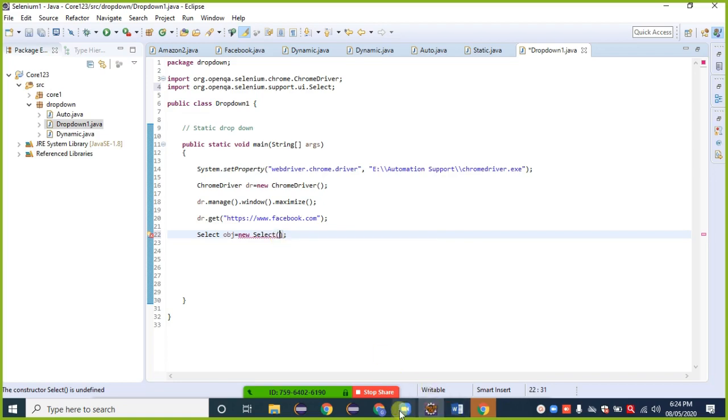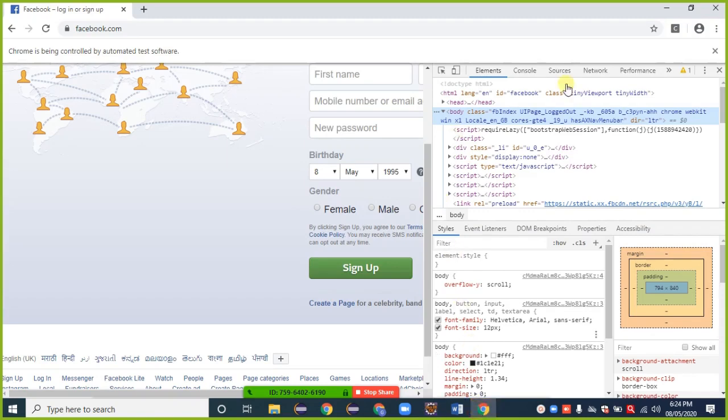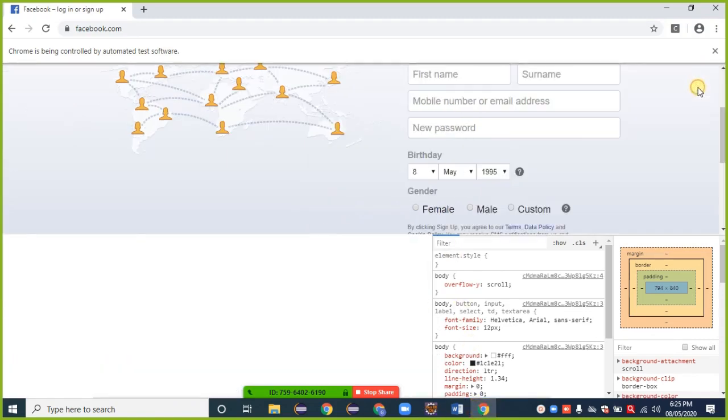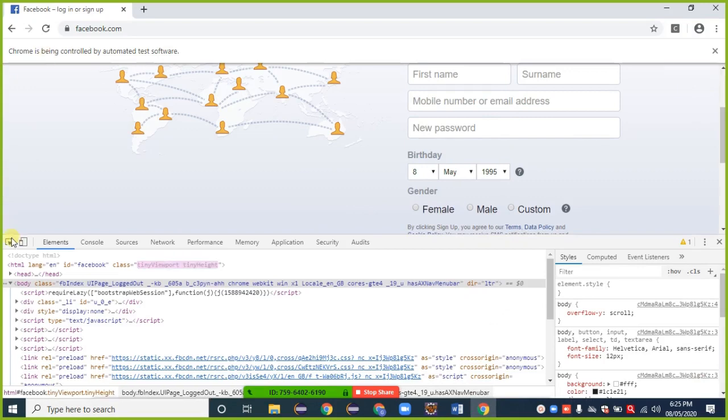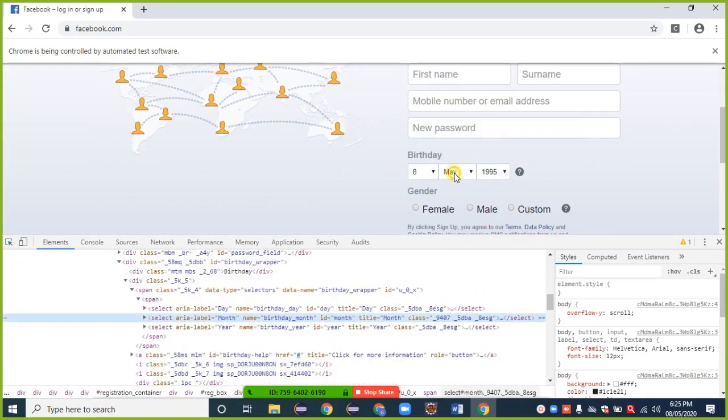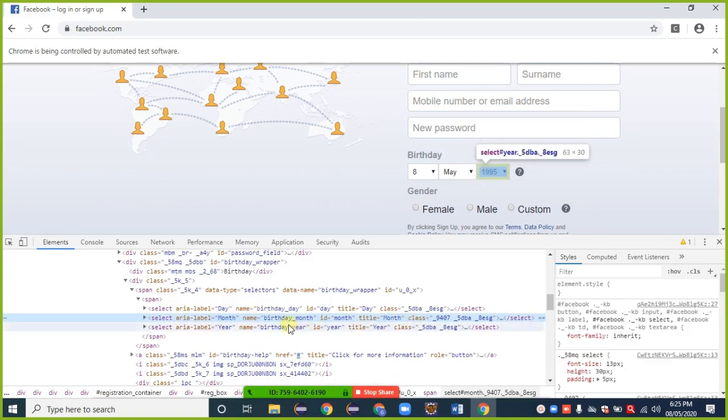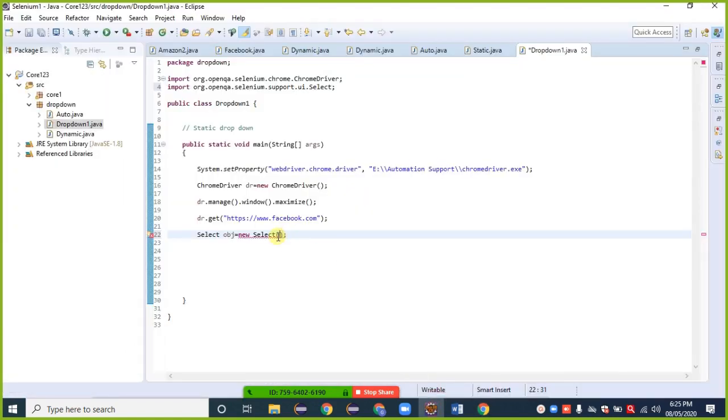Here I need to provide its XPath or its locator inside those arguments. Then that total element gets handled by the select class, because it is a static drop down.